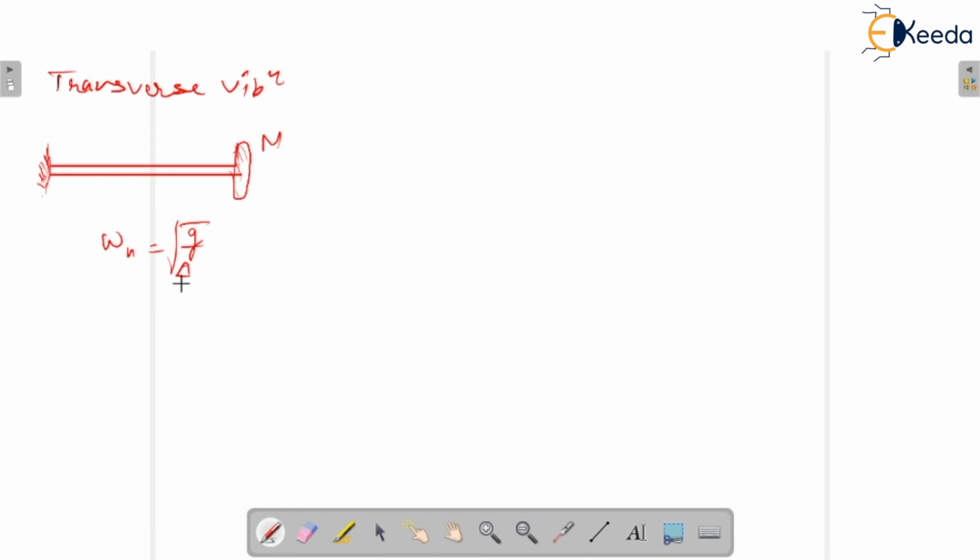We can calculate easily. Why are we putting this value like that? Because it is easy to calculate the deflection of the shaft here. It would be like that. So the deflection would be WL cubed upon 3EI, because it is a cantilever. So what is W? W is nothing but the weight of the rotor, and that is